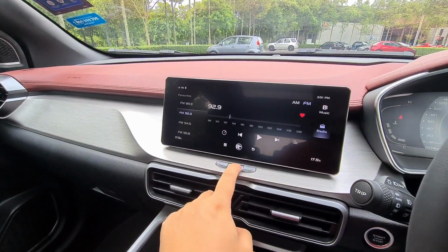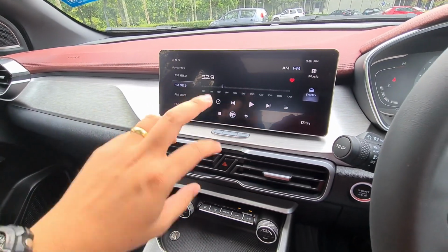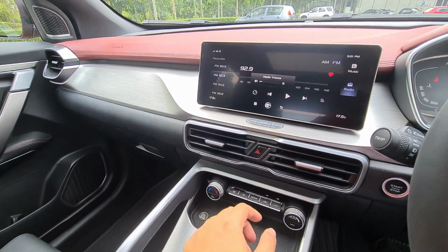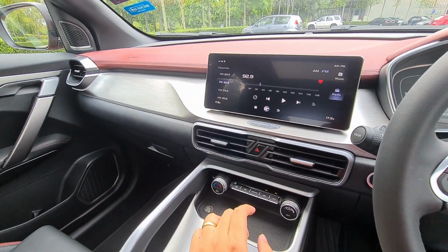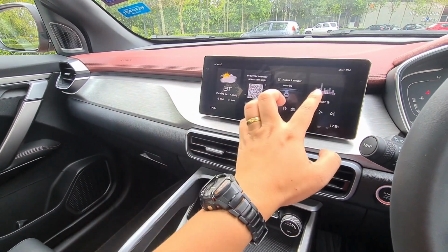So here, this is the touch screen. All right, you can power on and off the touch screen. There's no volume control by button. All right, so there is no rotary knob that we are more accustomed to with other cars. And you can see here the